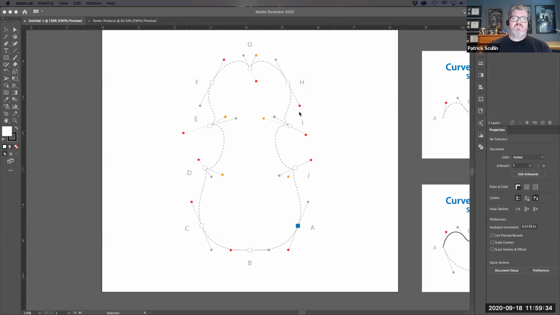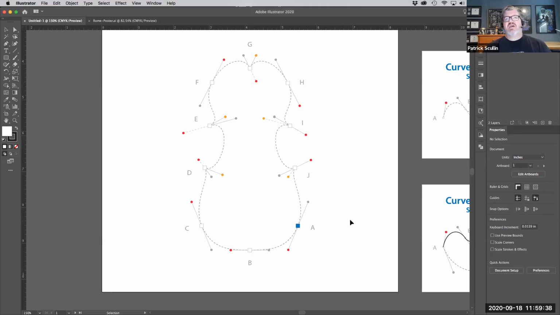Hey everybody, let's look at drawing a simple object with the pen tool and practice the keyboard combination that you need to use to be able to create curves and work between curves and straight lines. All right, so what we have here is a basic diagram of a violin, and it has some in and out, differently curved lines, and you can draw this in one step as you go along